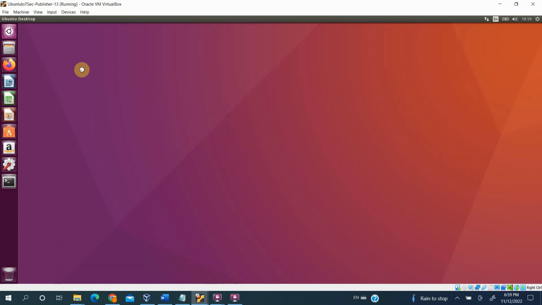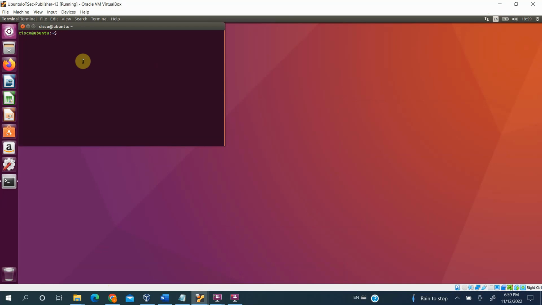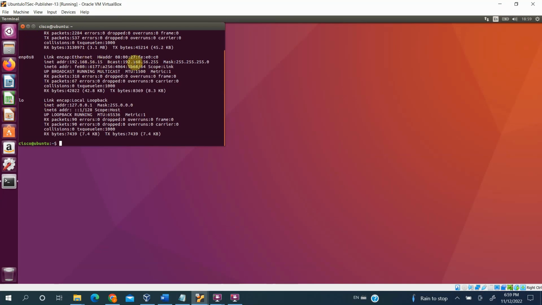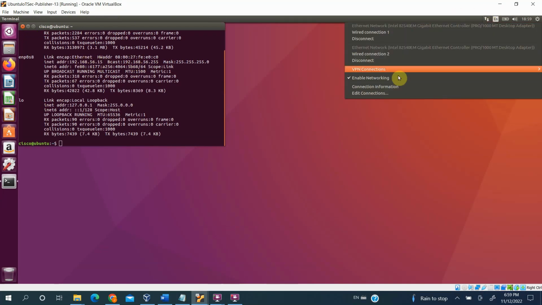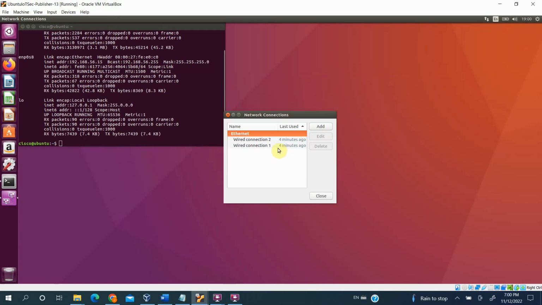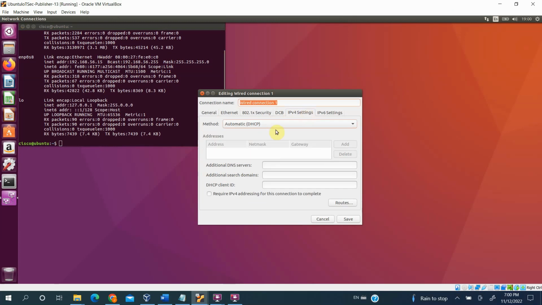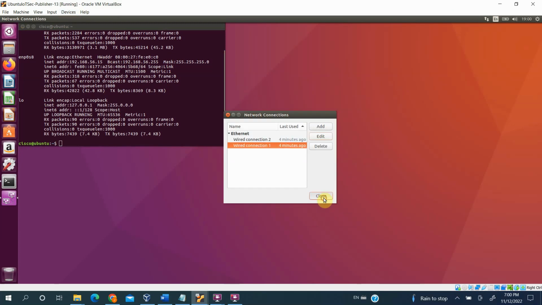Okay, again. Terminal. Config. Alright, we need to change that. We need to go edit connection again. Connection 1, edit. IP. Manual. Add. This is 13, right? 192.168.56.13 tab. 192.168.56.1 save, close,